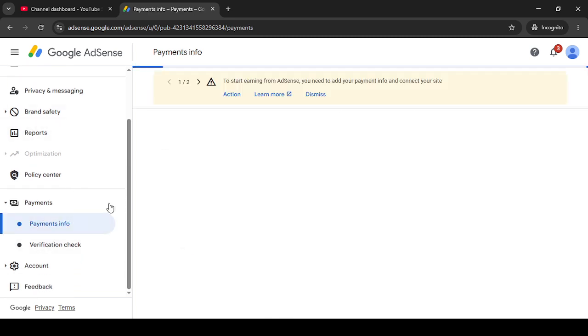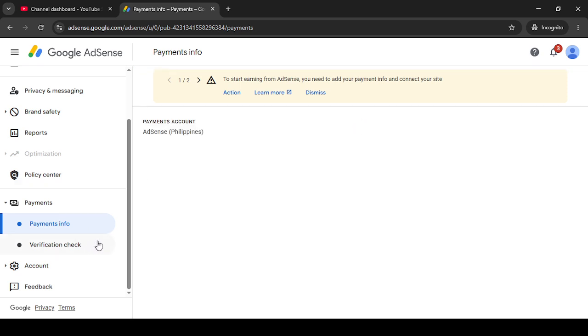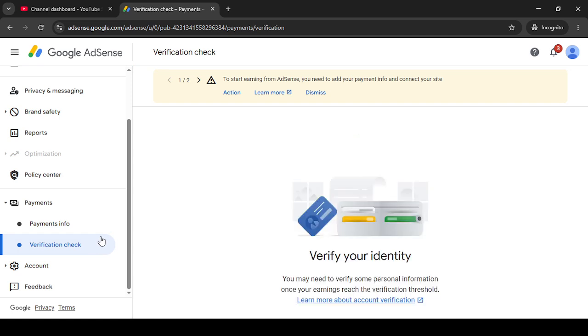After applying, set up your ad defaults across watch page ads, shorts feed ads, and memberships. This helps define how monetization features will be handled by default on your channel. Setting these preferences in advance can save time later and creates a more consistent setup across your content. As you go through these options, think about the type of videos you make and how your audience interacts with them. Defaults can usually be adjusted later,